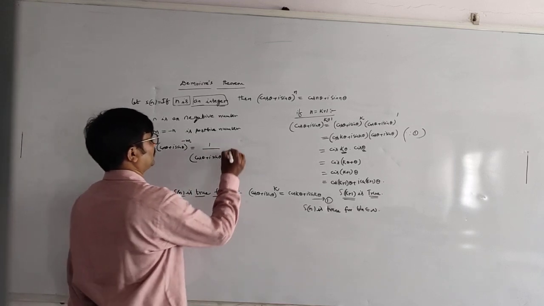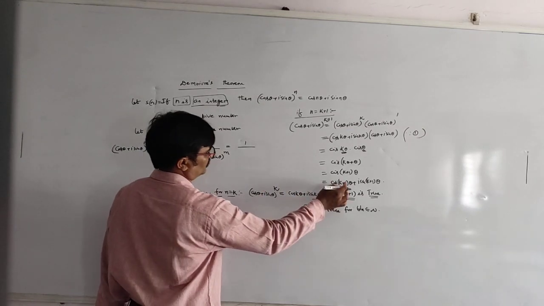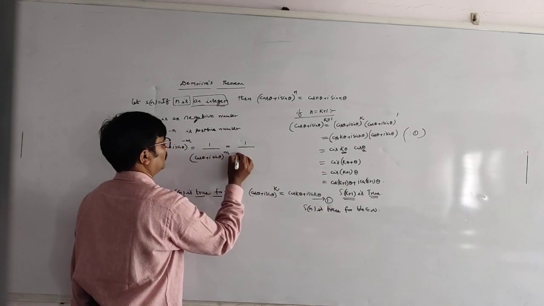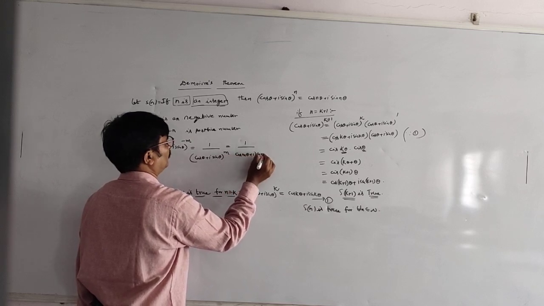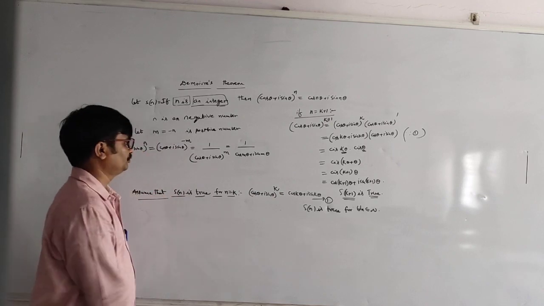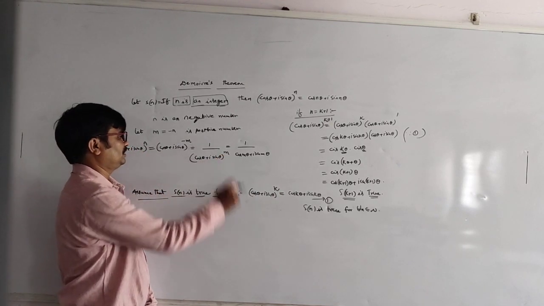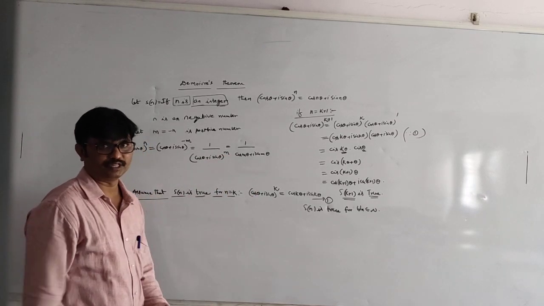Now students, this can be written from De Moivre's theorem. How can you write this? Just now we saw that this is cos of m theta plus i sin m theta. How to write, students? Cos theta plus i sin theta whole power m is cos m theta plus i sin m theta.